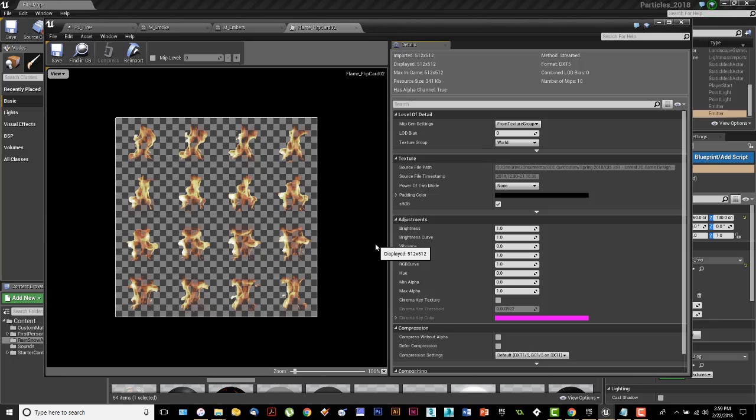However many pictures that you want. I have 16 random pictures of a flame. And what I'm looking for is realistic flame, and I want them to look like they're flickering. So what happens is that a sub-UV material like this, or texture like this, basically